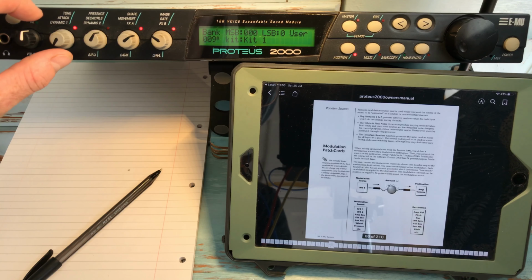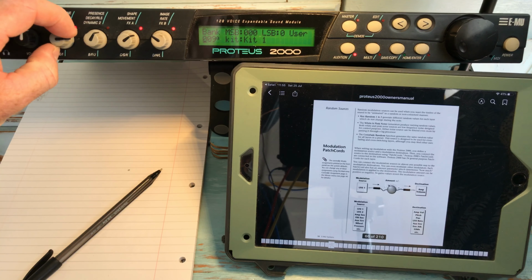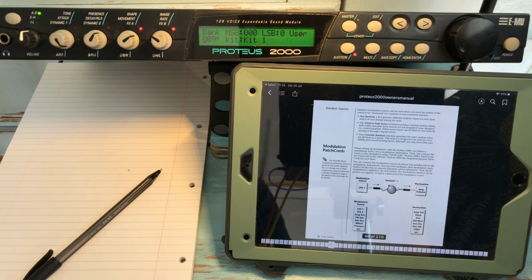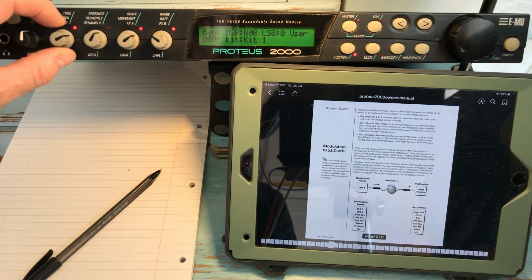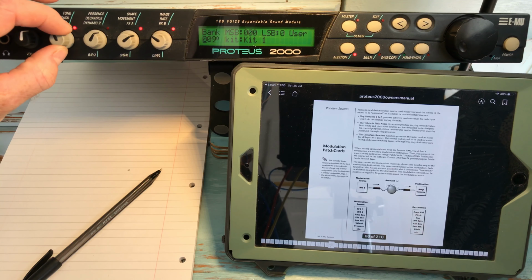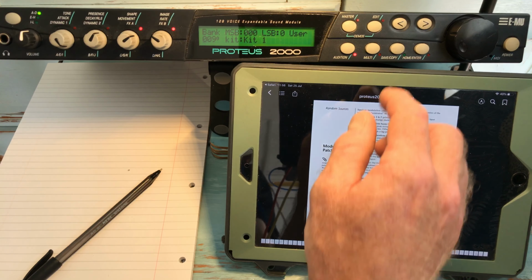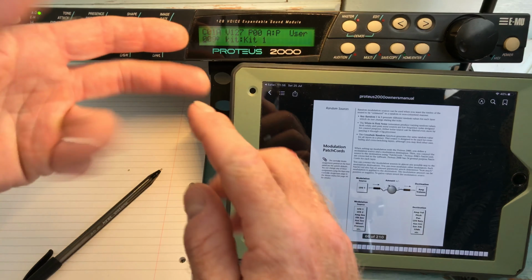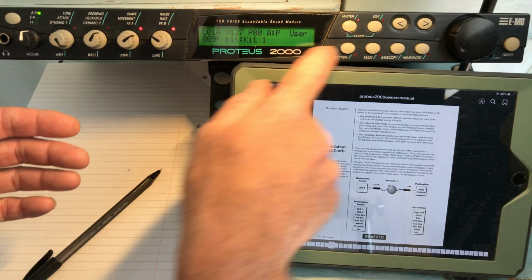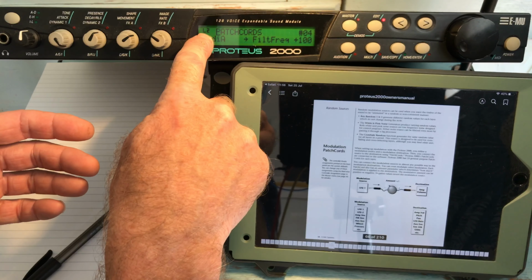Change this now. So we can then hear the layer 2,